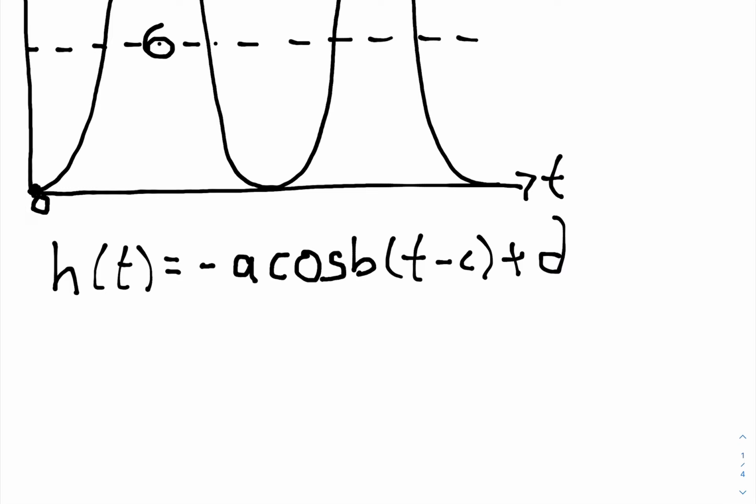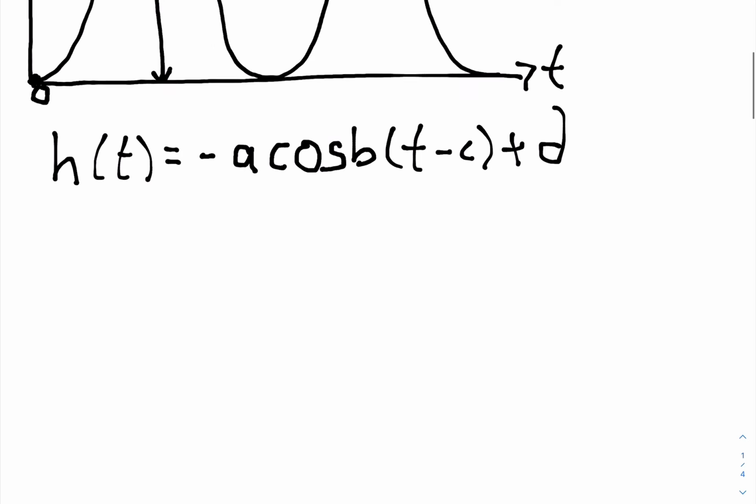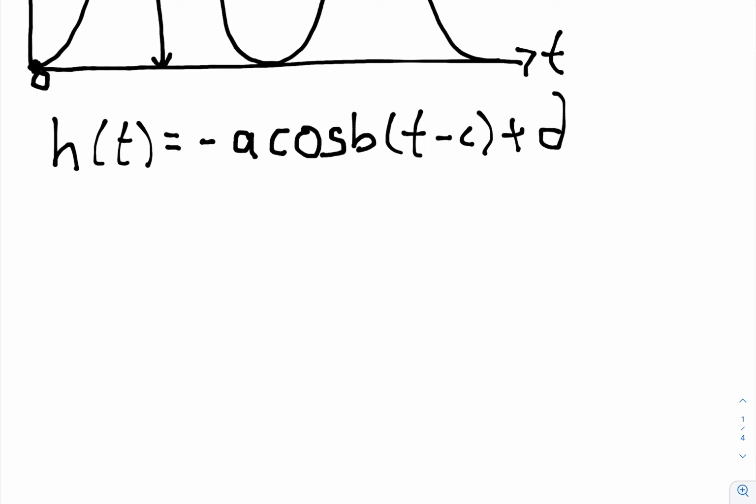Okay, and what's our amplitude going to be? Well, our amplitude is 6, right? Because it's just the midline down to the minimum or up to the maximum. And the distance from the midline to either of those points is 6 centimeters. So we can rewrite h of t, right, as being negative 6 times cosine of, okay, so our B value is going to be